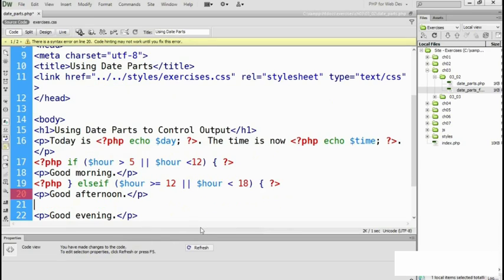Move down underneath good afternoon. Another PHP block. Close that curly brace. Another else if. I'm using else if all as one word. You can split it into 2, but using one word is more normal in PHP. So for the evening, we need the condition hour is greater than or equal to 18, or hour is less than 23. Another opening brace, close that off,